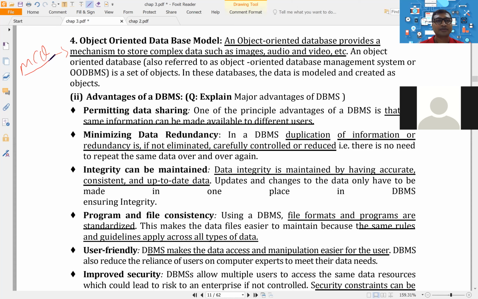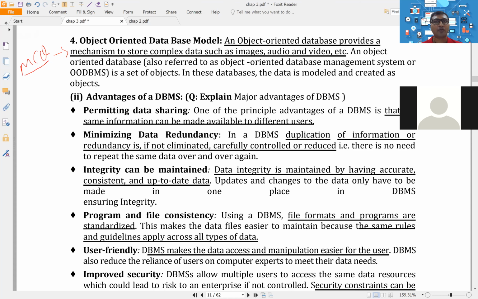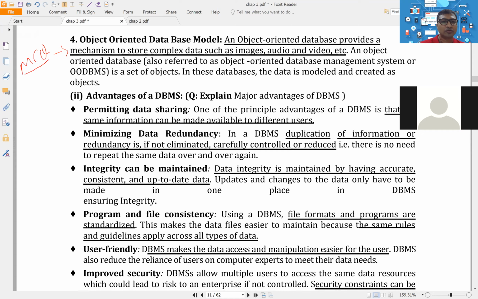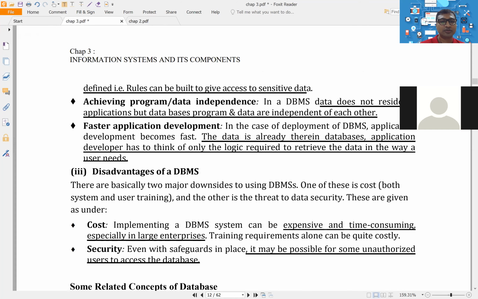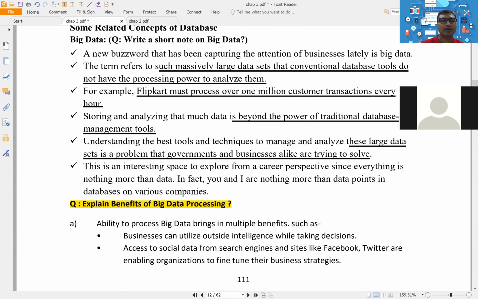Okay, so try to remember this thing. Next, once we finish with all the different types of prominent models, the next part is advantages of DBMS, which is very simple. If I am Papi was the keyword to remember all the points, correct? So we will ignore this, you know this, but we'll go for the next part, which is important: big data.